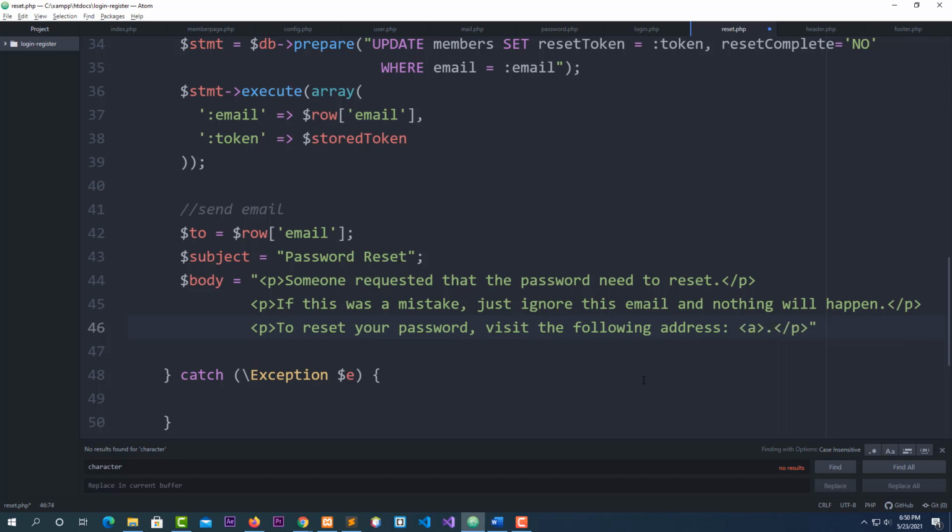Okay, and close it, open it, and inside of the first one, follow me guys, inside of the first one, I'm going to say